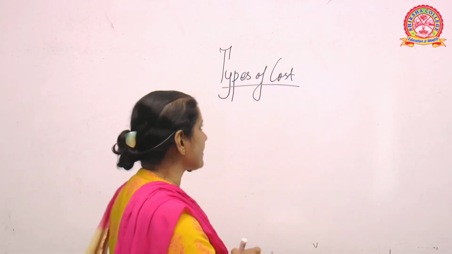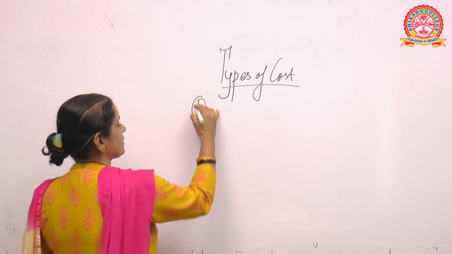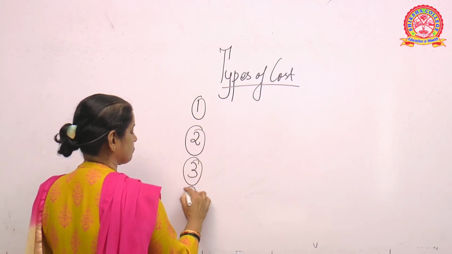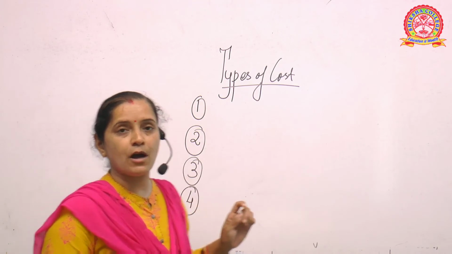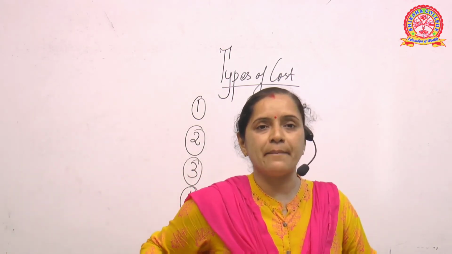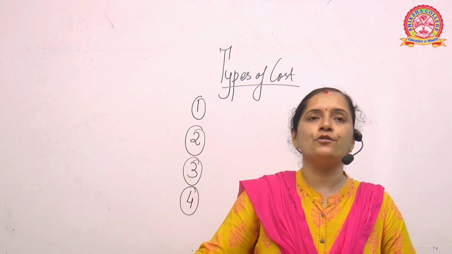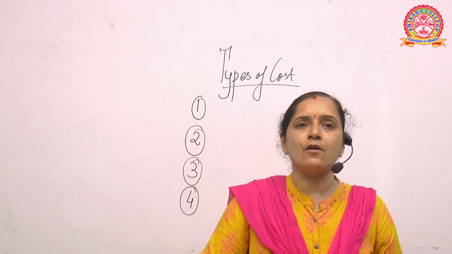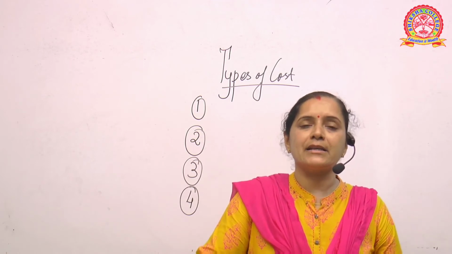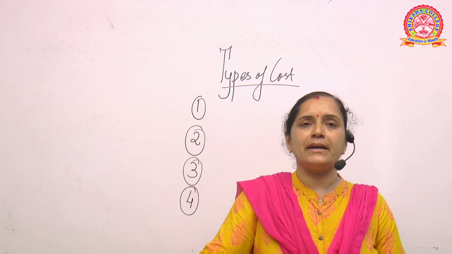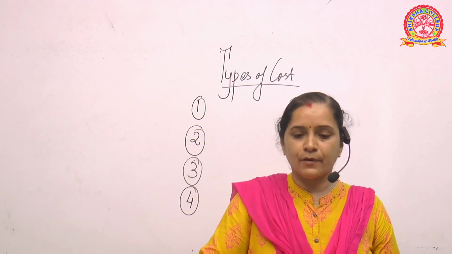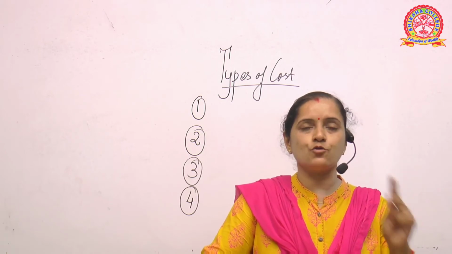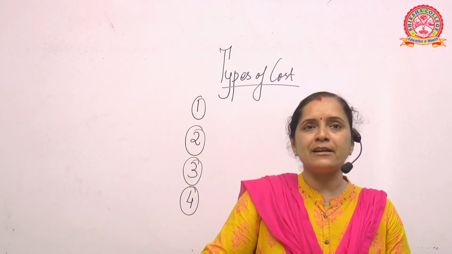See, costs are broadly divided into 4 types. Okay, we will discuss each type one by one. So I hope you have understood cost. What is cost? I am again repeating so that it will be well implanted in your mind that when we are saying cost, cost is nothing but the expenditure made by a particular industry or a firm to produce the goods and services. Please remember, 2 words are very important here. It is a kind of expenditure.